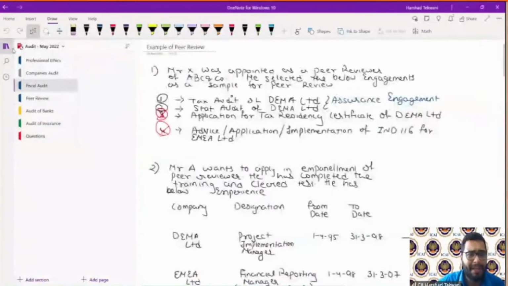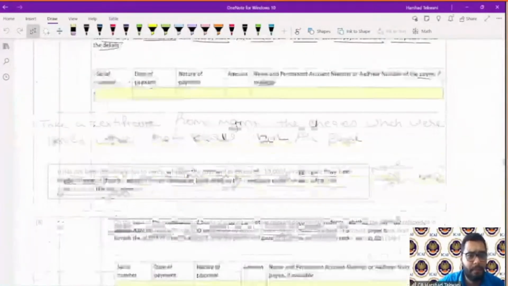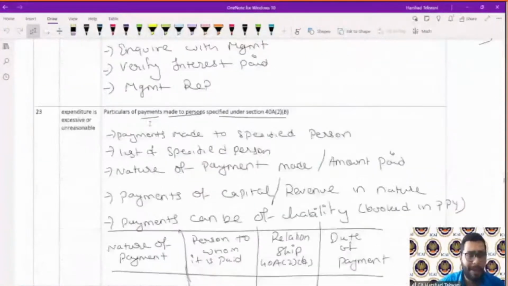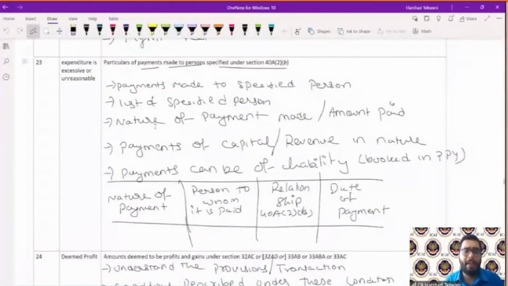Remember clause 23 that we discussed? Clause 23, expenditure in excess or unreasonable, particulars of payment made to persons specified under 40A(2)(b). Now, who are the persons specified under 40A(2)(b)? If you see the definition of 40A(2)(b),